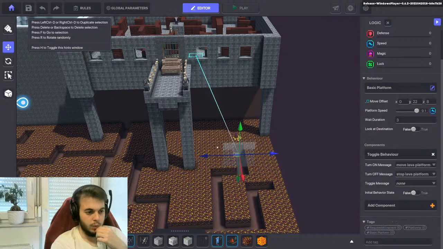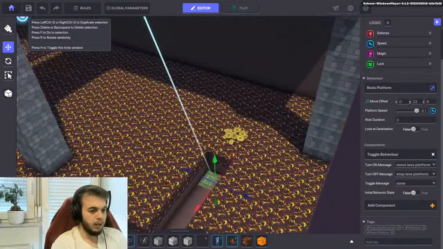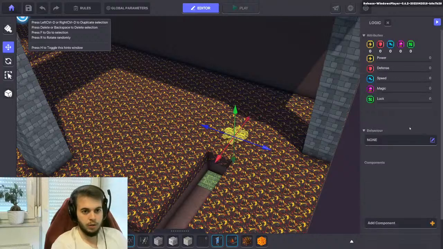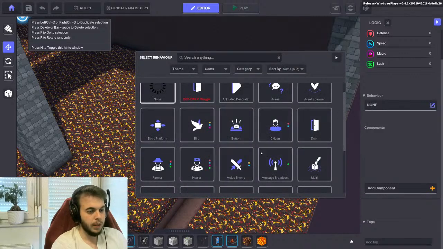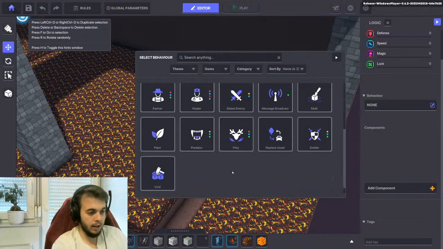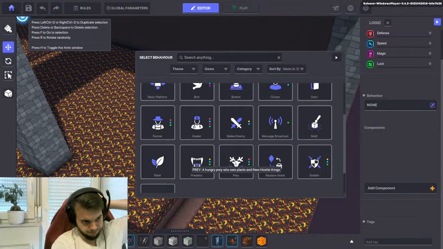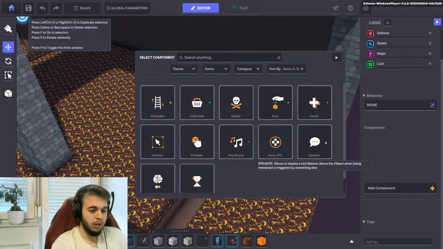And then we need to make this bunch of coins or loot, or what is it? What is this called? Anyway, we have no idea. So we should change this to what exactly? I guess nothing. So there's a component speaker,